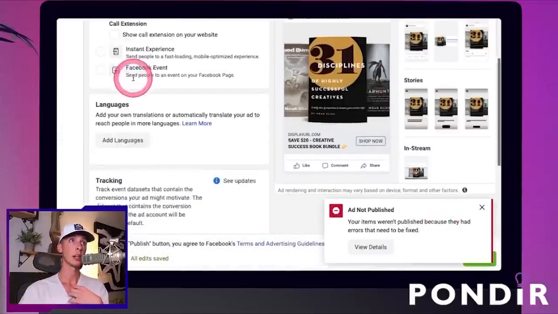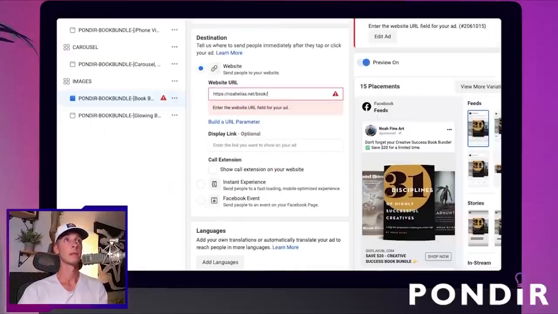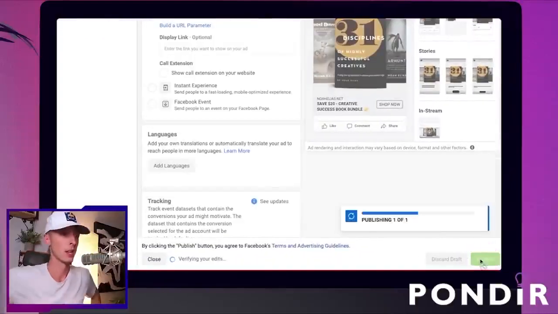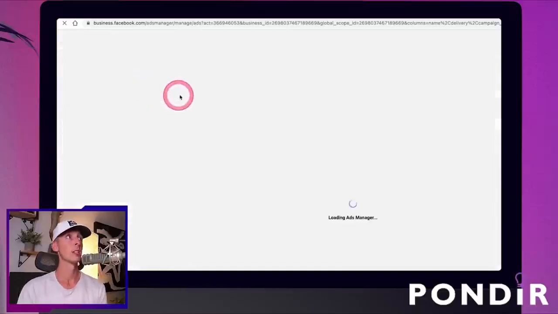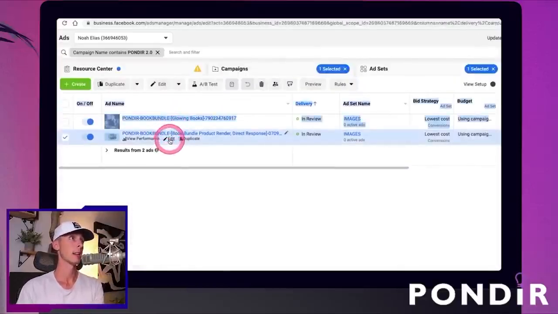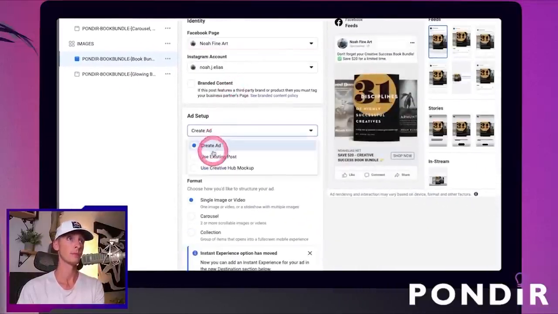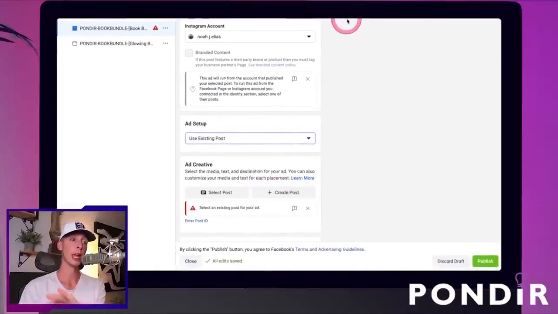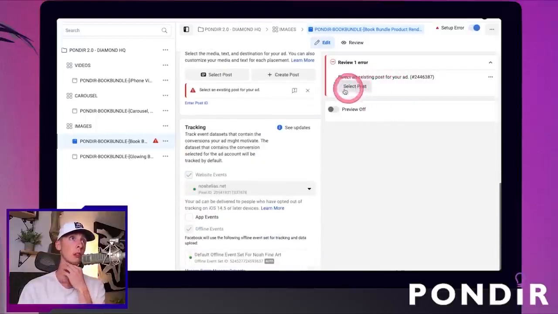Did I forget the URL? I did. All right. So that is published. Let's go ahead and refresh. We'll hit edit. And remember, we just want to use existing on this as well. Oh, perfect. So this gives me an opportunity to show you what might happen on your end. See how it says select the existing post, so forth. If you click this,